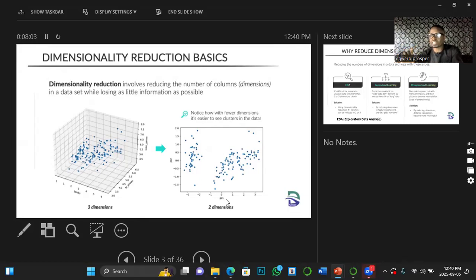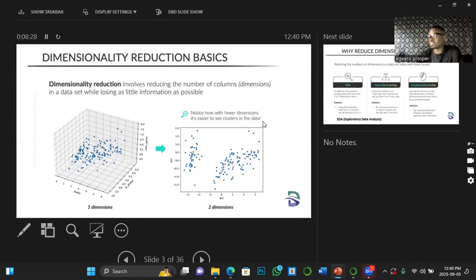So when next you want to cluster your data, then it is best considering dimensionality reduction, because that is what these 2 diagrams are actually showing us. Now notice how with fewer dimensions,